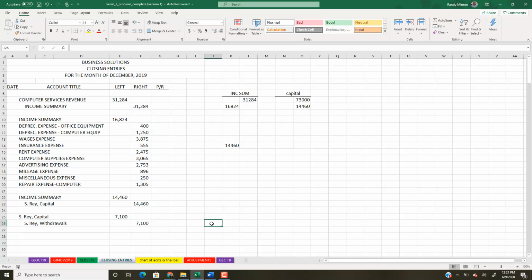And what that does is that makes all of those go away. So now if I come over here to capital and put 7,100 in here, and then equal the sum,